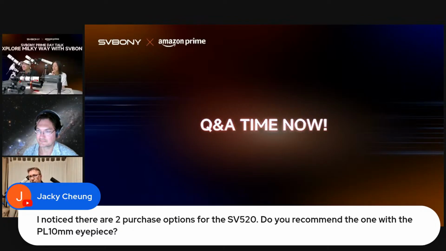And with it only being a 25 millimeter, that's not going to be very demanding on any telescope. So it's usually just your higher powered eyepieces that you really want to think about upgrading first. Your lower power eyepieces, it doesn't really matter so much for them because, like I say, they're not as demanding on your telescope. But if you had to twist my arm, I would go for the Plossel.